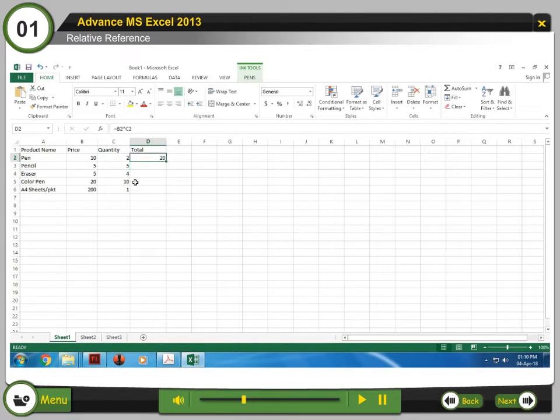Step 2. Locate the fill handle in the bottom right corner of the desired cell. Click, hold and drag the fill handle over the cells you want to fill. Step 3. The formula will be calculated and the result will be displayed in the cell. Step 4. Release the mouse and click outside the selected cell range. The formula will be copied to the selected cells with relative references and the value will be calculated in each cell.